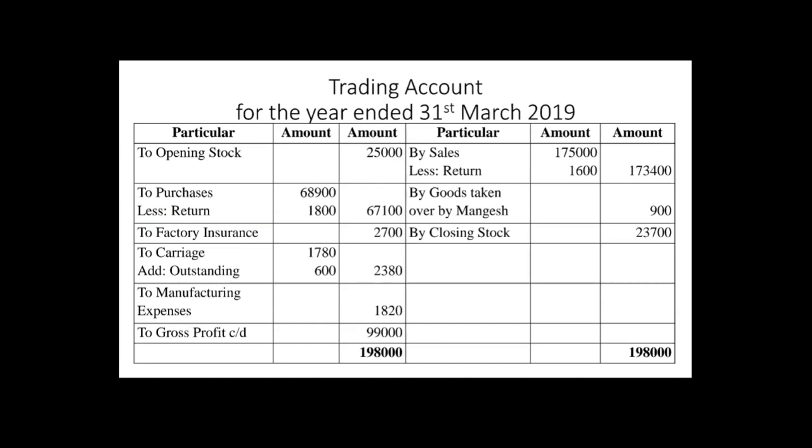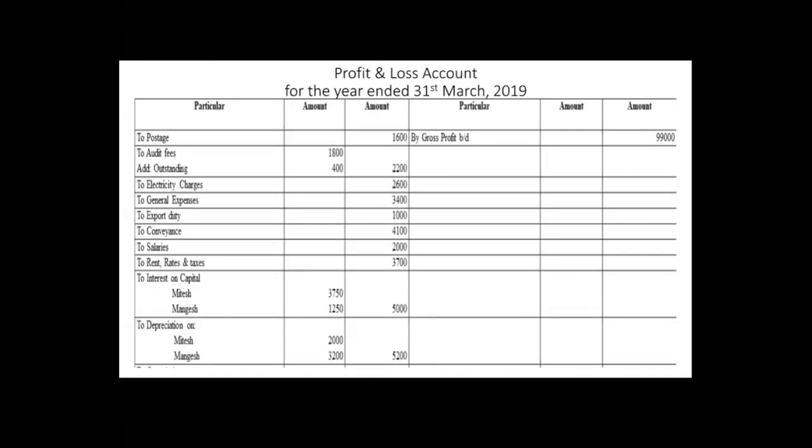Now the next one is the postage. Now postage is an indirect expenditure and that's why it is recorded in profit and loss account. कहाँ पे record होता है postage? Profit and loss account. So if you will see over here, postage and the amount they have put is directly in the second column as it is having no adjustments on postage.